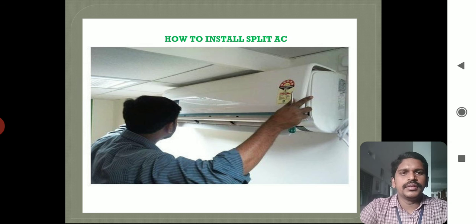If you install the indoor unit inside the room, you have to choose the best position for an equal spread of the cooling air. You have to divide the space of the room equally, then put the unit in a particular place on the wall, so that it produces equal air in the surrounding areas.